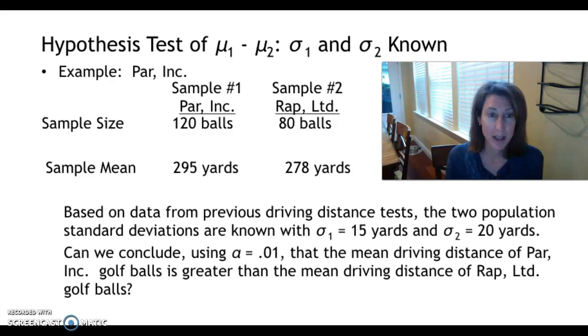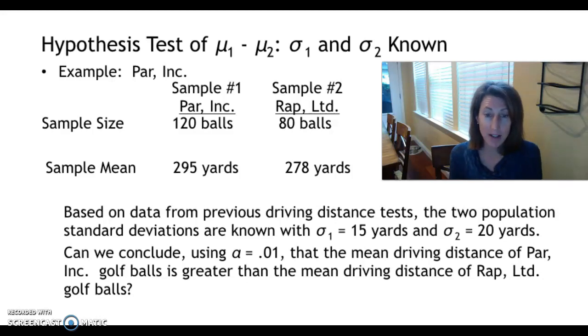Slides are in the files. All right, so let's say that we are going to do a hypothesis test now. Here's an example. I'm just going to jump right in, and we're going to look at the difference between the population mean of one population, mu1, and the population mean from another population, mu2. So mu1 minus mu2, that's what we're trying to have a sampling distribution of, and we know the standard deviations from those populations. So let's do an example, maybe golf balls, and we're going to take a look at,